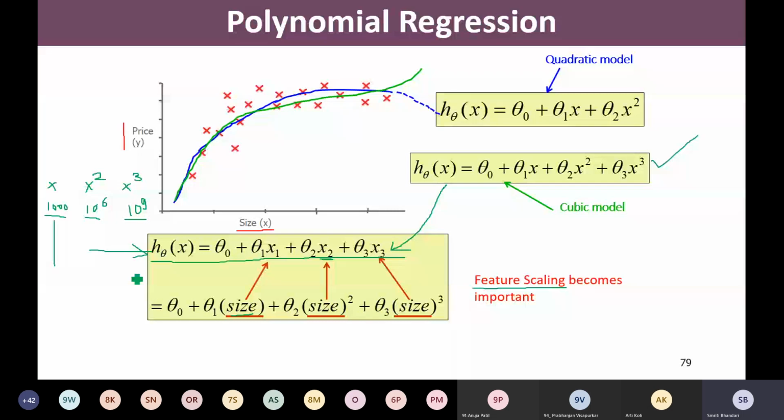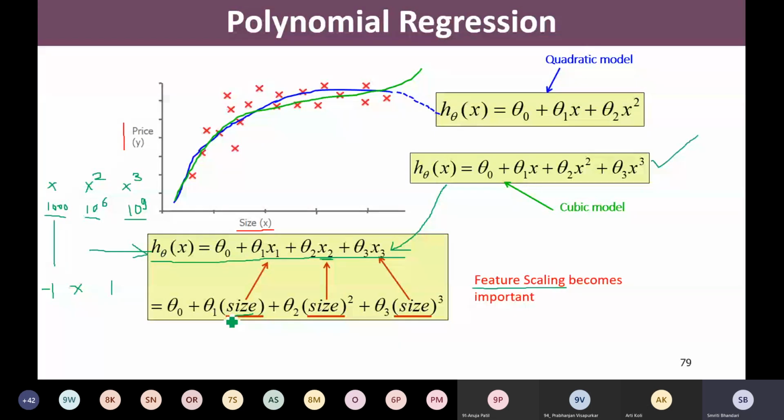And that is why, in this scenario, feature scaling becomes very important, so that we can normalize all those feature values in some particular range, -1 to +1. We have discussed this concept earlier. So we would like to make all feature values lie within the same range by applying some normalization rule. Whatever may be the range of the feature, I may convert that range into the typical normalized range, wherein all my features will lie in the same range, right?